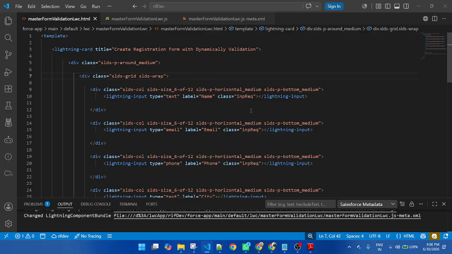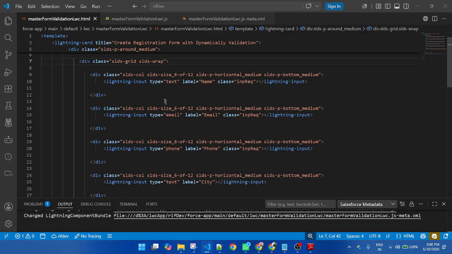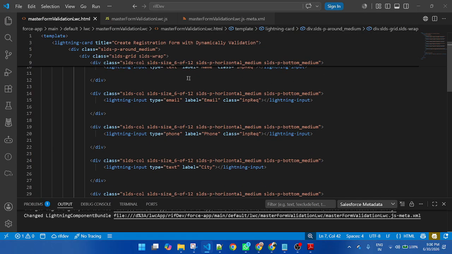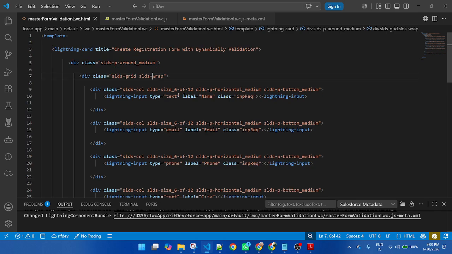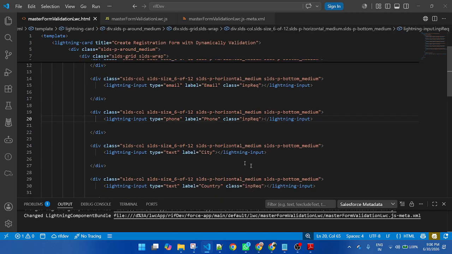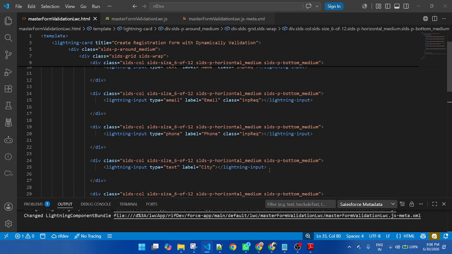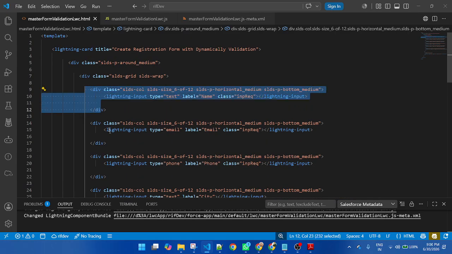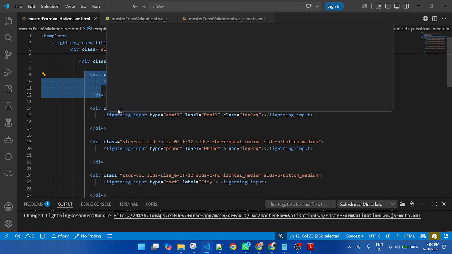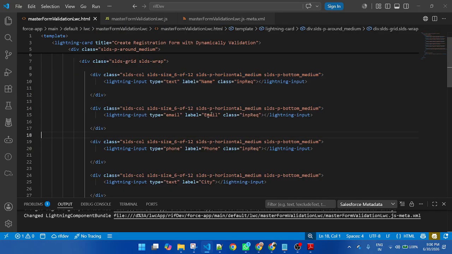This is mandatory. And in each and every column I put a Lightning input field, for name, email, phone, city, country, description. Description is a text area. So simply create one div, copy and paste, and inside the div change the input field label.